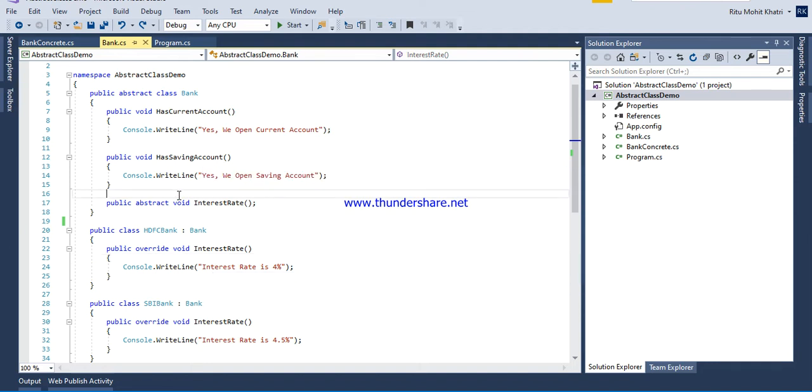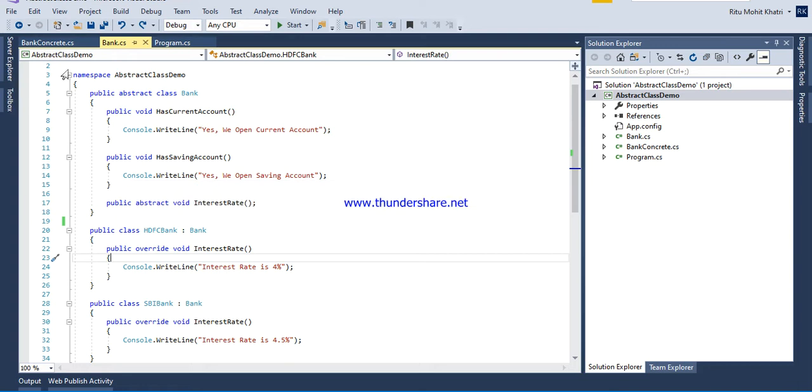abstract method. In this session, we are also learning about the abstract keyword, abstract method and virtual method. You have seen here that an abstract method is declared with the abstract keyword and does not have a body. You can see it does not have the body. And to define it, we override this method with the override keyword and define it in the child class. Okay, so this is clear.